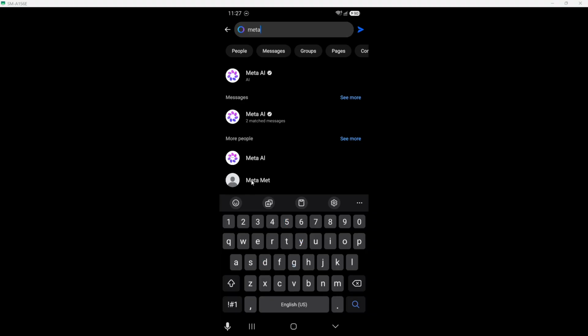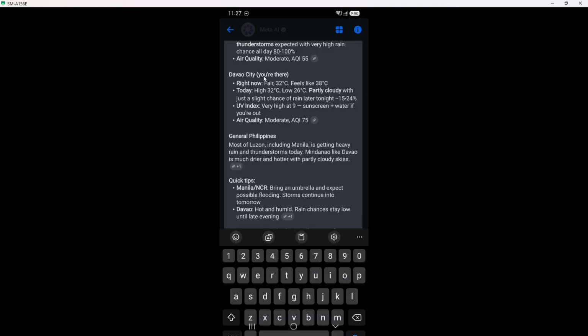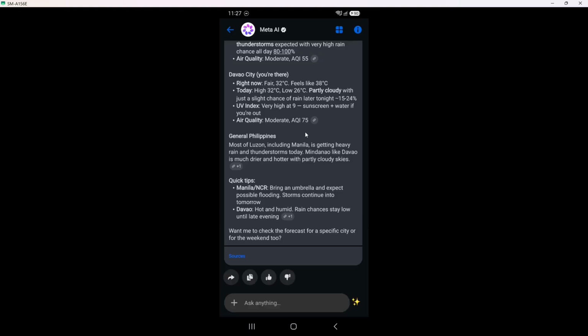Now, in that search bar, type the words Meta AI. Make sure you spell Meta as M-E-T-A, then add a space, then the letters A and I. As you type, Messenger will start showing search results below, which might include contacts, group chats, and services. If Meta AI is available in your region and on your account, you should see an entry called Meta AI show up in that list with an assistant-style icon.